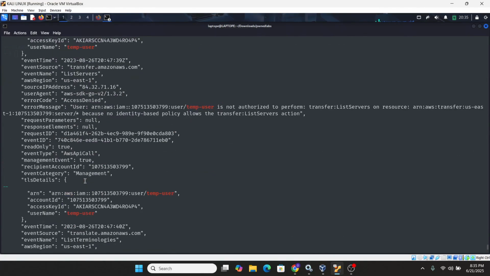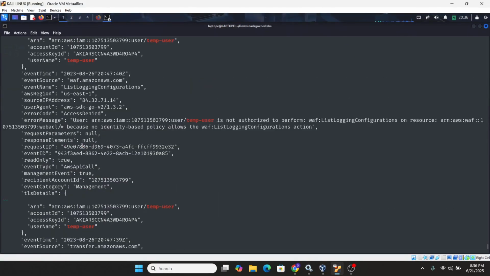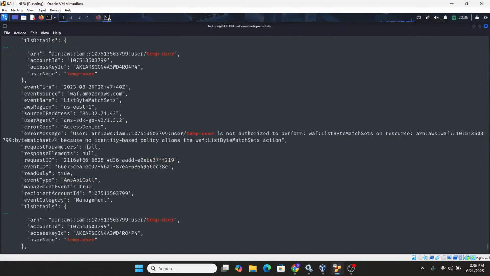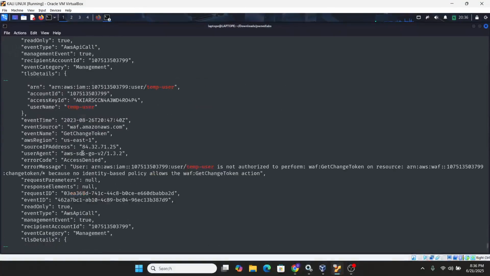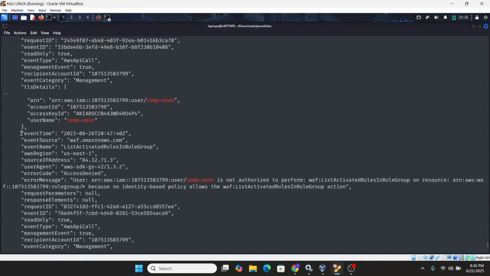You can see what the attacker was doing with this compromised account was to enumerate. So was listing servers, listing different services, list login configurations, a lot of things. You can see this is the event time, event source, this is the event name. That is the event, the action that was performed.